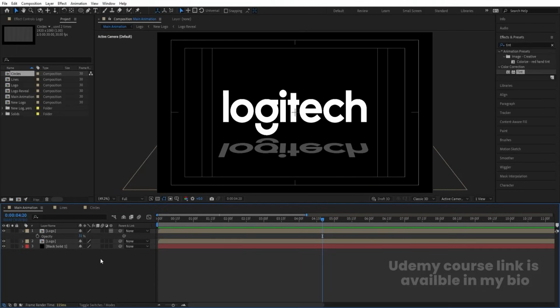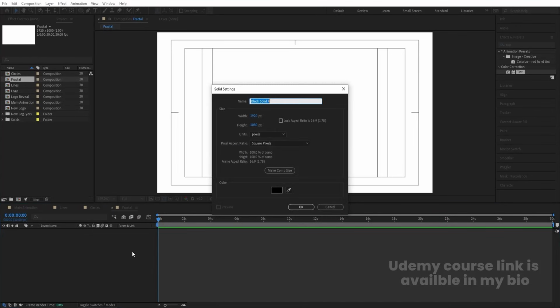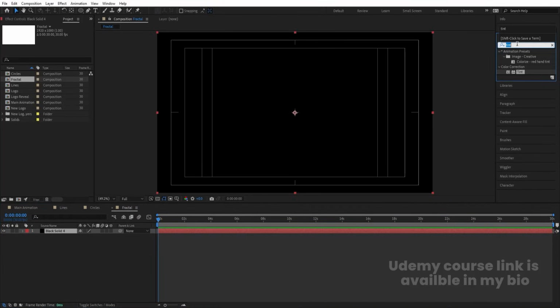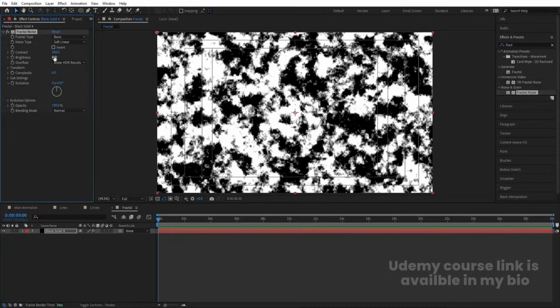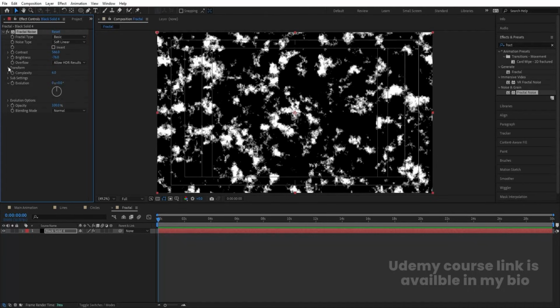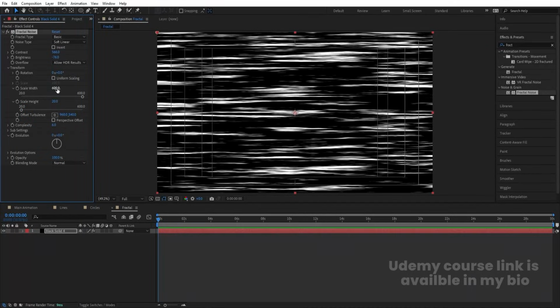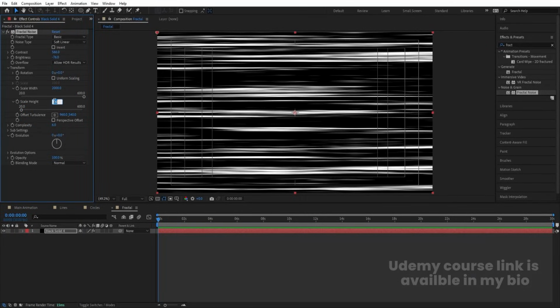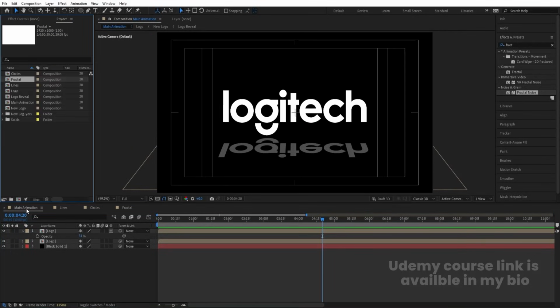Now I'm going to press Ctrl N and call it fractal. Press Ctrl Y. Go to the effect and presets panel and search for fractal noise effect and double click to apply, and increase the contrast and decrease the brightness, and go to the transform properties, unlink this, decrease this, increase the scale width and decrease the scale height, and let's make this scale width around 2000 and scale height 5. Let's go to the main animation, hit Ctrl 0